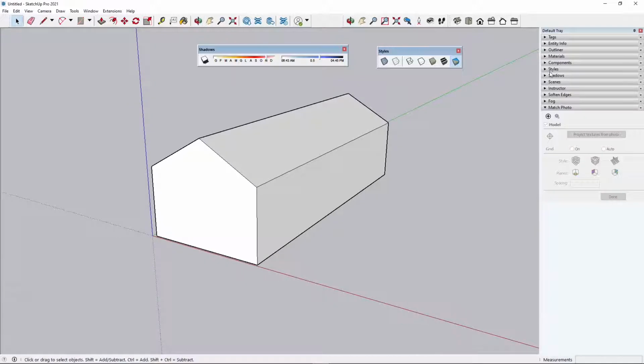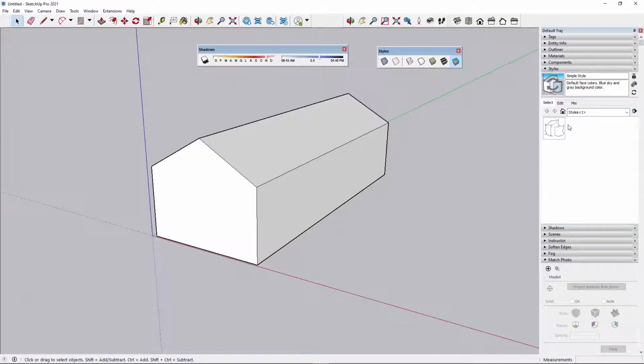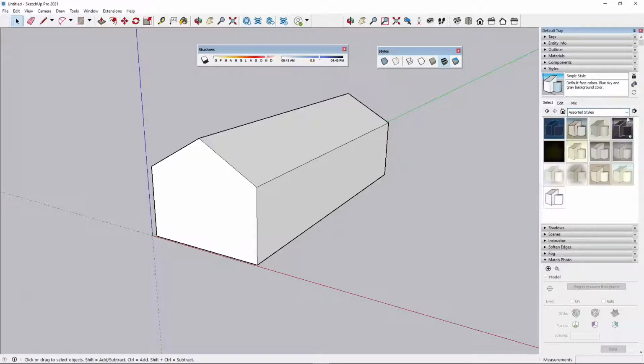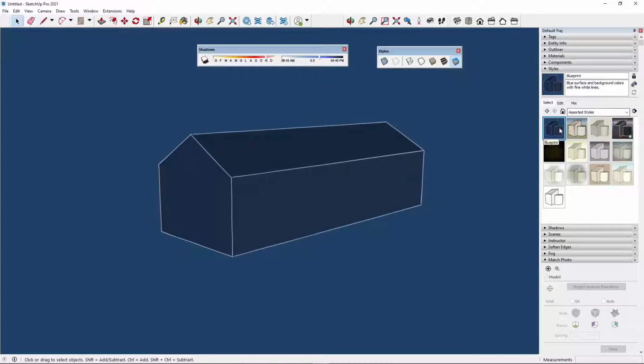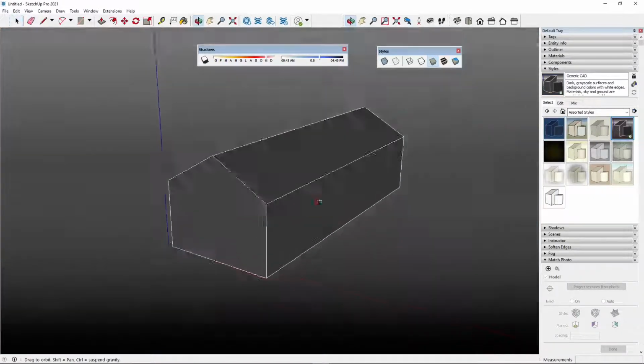Then you have the Styles panel. Here you can find a lot of styles, just like standard libraries, like materials or components. You can go here and say In Model, and right now I'm using only this simple style. You can also check other styles in these folders, or you can click here and just go down. You can use the large thumbnails, and then you just have to click on one of these to see the change happening. Now this one is like a blueprint,